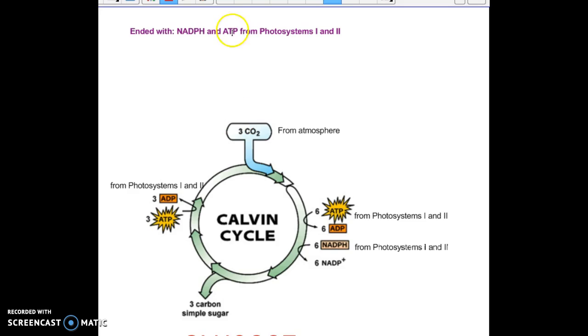So remember that this was happening in the thylakoid, right? So we had all this NADPH coming out of the thylakoid and into the stroma, right? So now we're in the stroma. We have all this NADPH just floating around that's coming out from inside the thylakoid. Well, I shouldn't say it's coming, but the H's are coming from inside the thylakoid membrane through the proton pump,